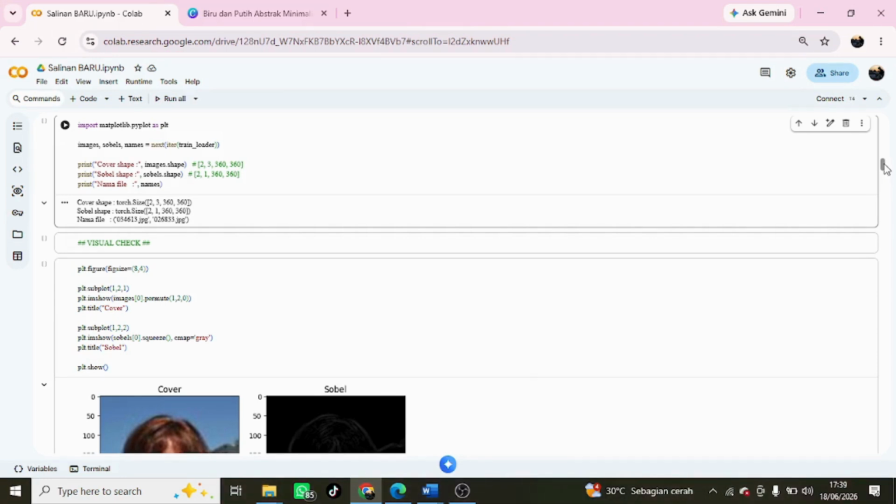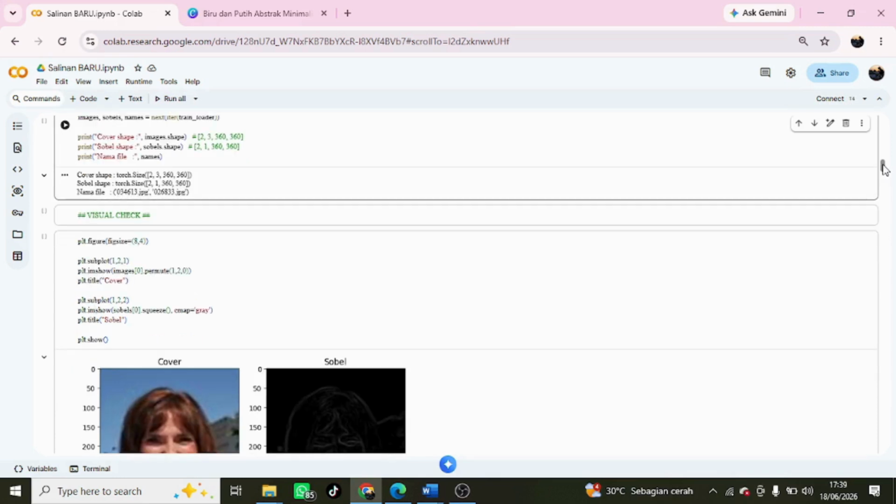The cover image has 3 RGB channels, while the Sobel image has a single grayscale channel representing the image edge information. Next, visual check. In addition to checking the dimensions, a visualization was also performed using Matplotlib to ensure that the pre-processing and Sobel extraction process had been carried out correctly.